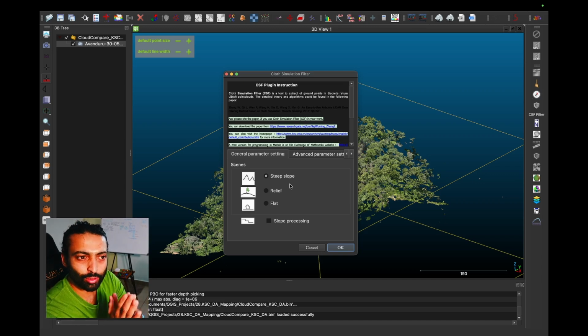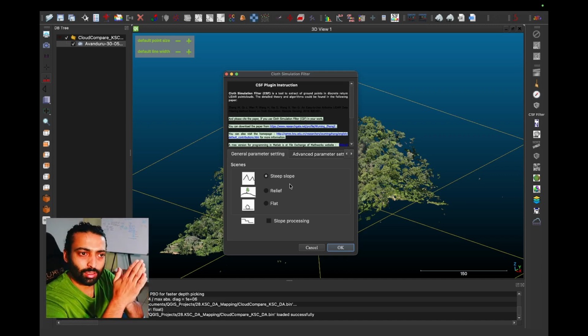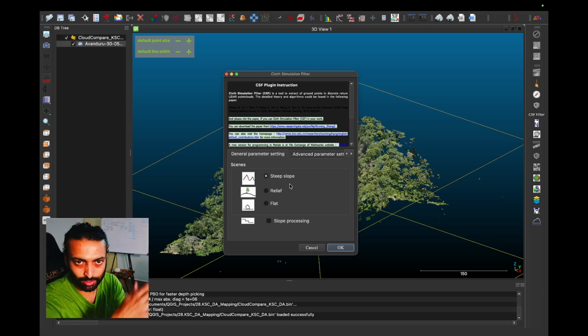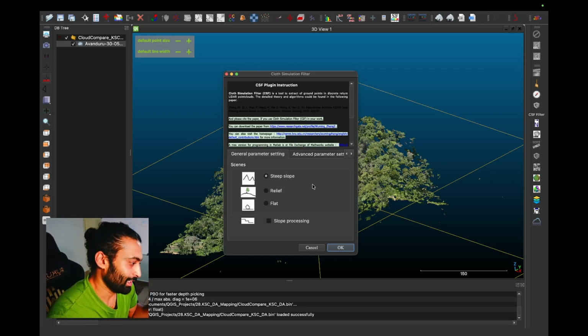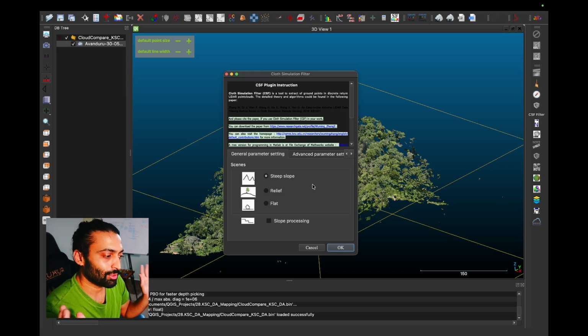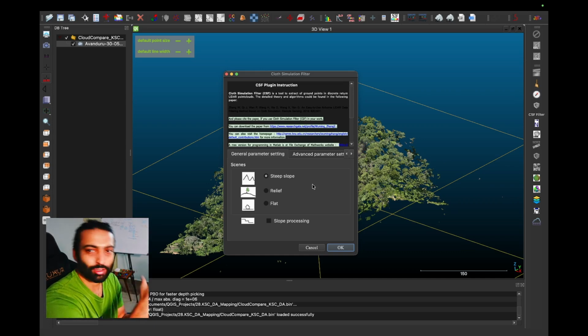And as I said, we're going to lean towards optimizing for ground pixels rather than the non-ground pixels, which we can tweak using some manual classification. So if we select the steep slope option, it will know to not classify the steep slope as non-ground. It is going to be correctly classified as ground. That might be a little confusing, but as long as you know that we're trying to get as much information from the ground as possible, because it's either this or that, and we're going to optimize for this,